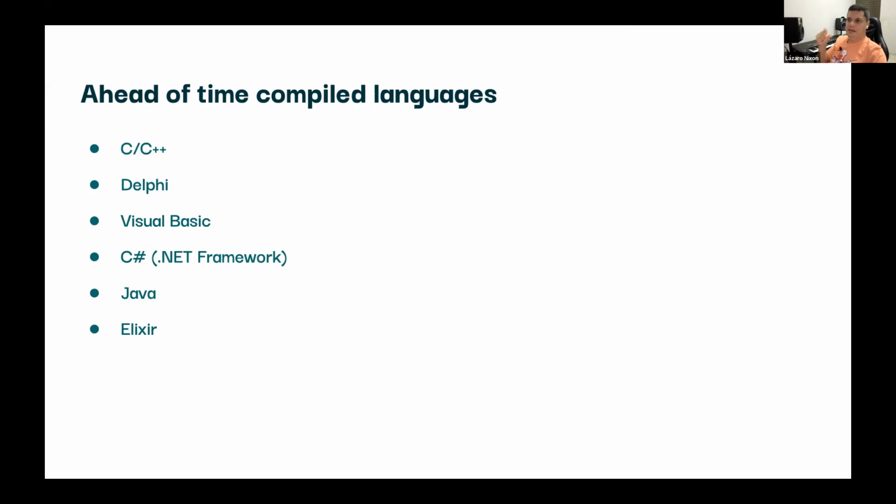So this is a compiled file that will be interpreted by a virtual machine, but we'll talk about it later. And we have Elixir. Elixir is also an ahead-of-time compiled language, because the first time you run your Elixir application, it is compiled. But it's different from Java and others because only the files that you have changed are compiled. So you don't have to compile all the files every time you run a project.